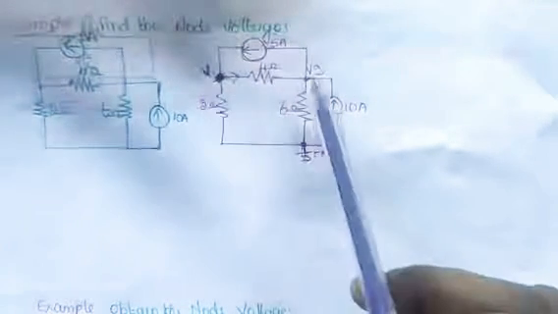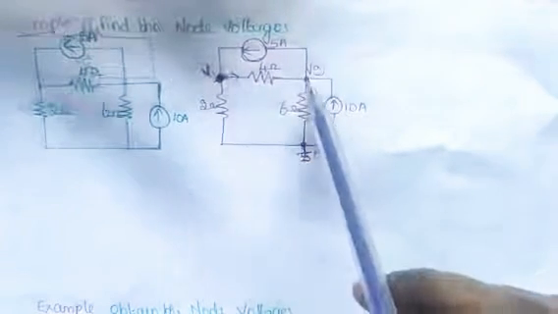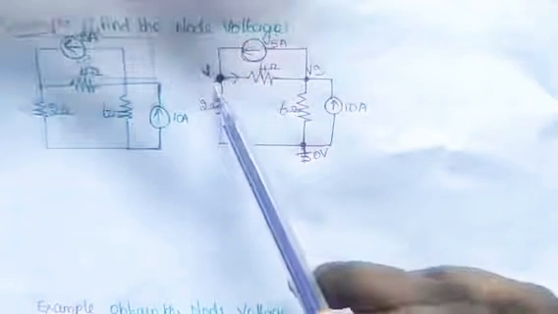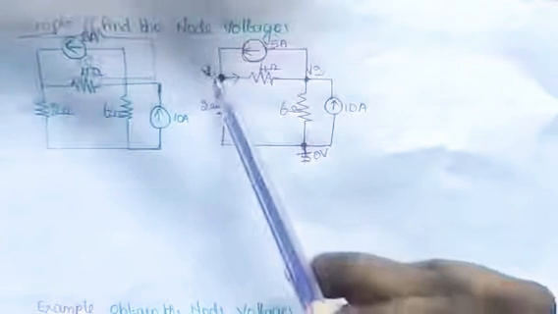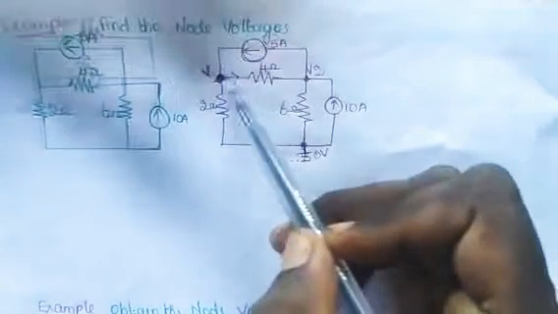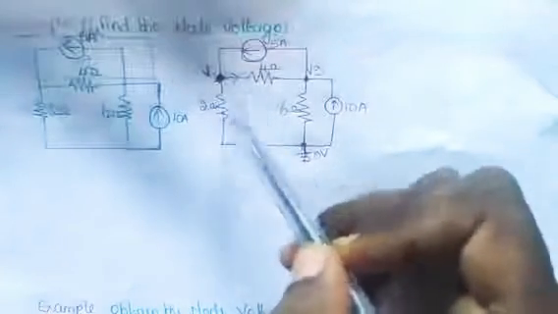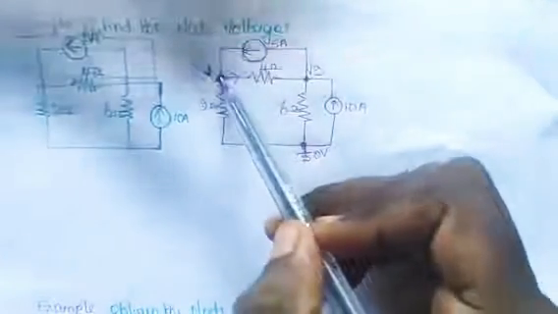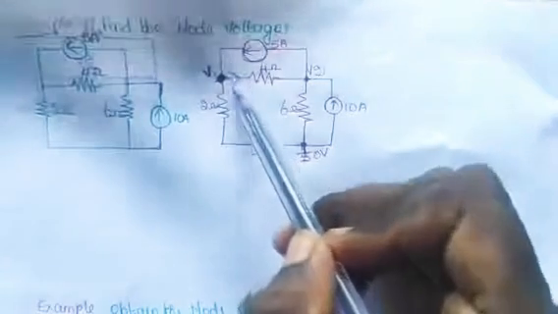That is the reference voltage. And also we have seen that in a resistor, current will flow from higher potential to lower potential. So the current flowing through this resistor will be equal to V higher, that is V1, minus V lower, that is V2, so V1 minus V2 divided by 4 ohm. Similarly, the current flowing through this resistor will be equal to V1 minus 0 volt divided by 2 ohm. Now, what are the currents entering the node? 5 ampere is entering, and these two branch currents are leaving the node because higher potential is V1, lower potential is V2. So the current direction will be like this.